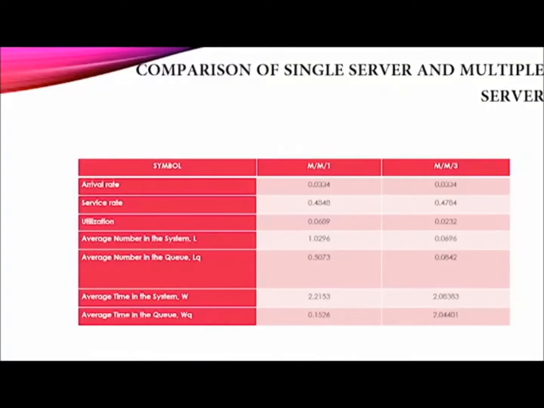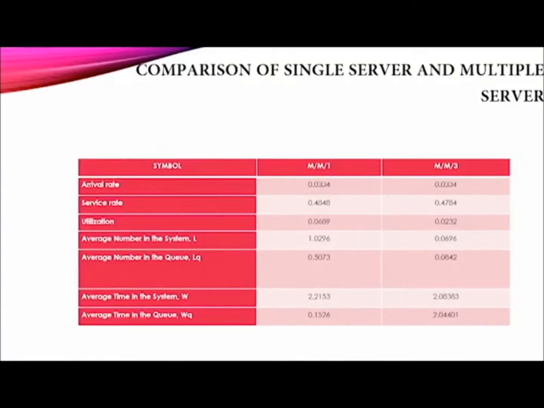or fast, because this 0.0232 is quite less time compared to M1, where the utilization for M1 is 0.0689. So when the utilization for M3 is quite low, it will affect the other characteristics, which are the average number in the system, the average number in the queue, average time in the system, and the average